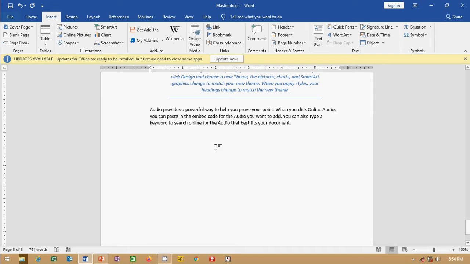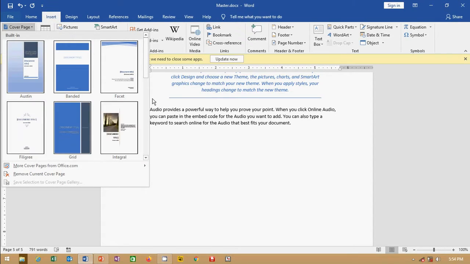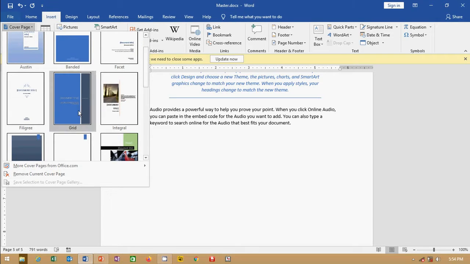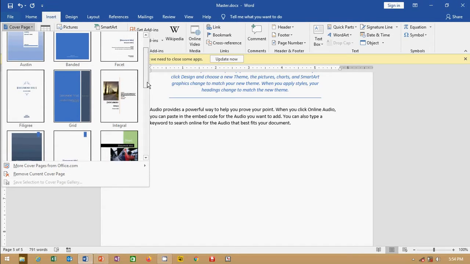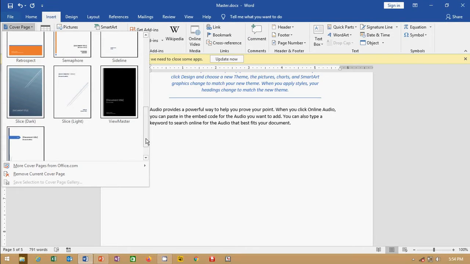A cover page can also be inserted at the end page. How do we insert at the end? Go here, and right click on any of the cover pages. I am going to take this better one.